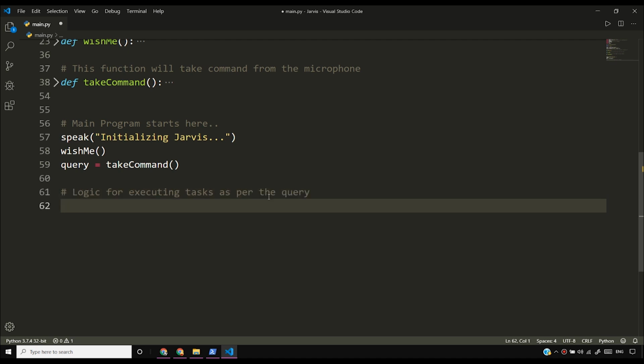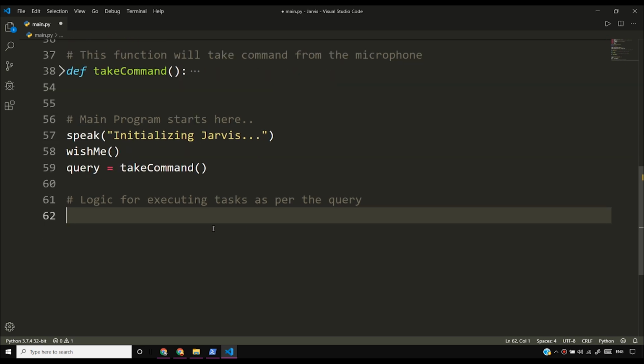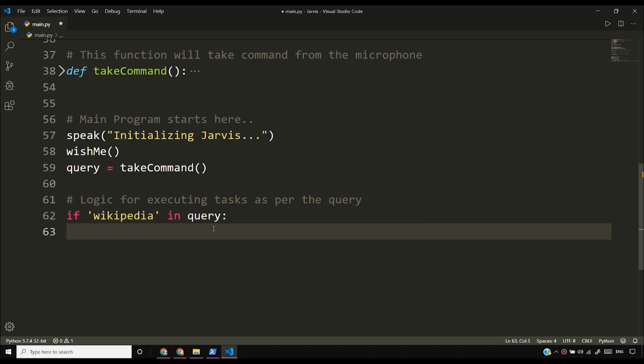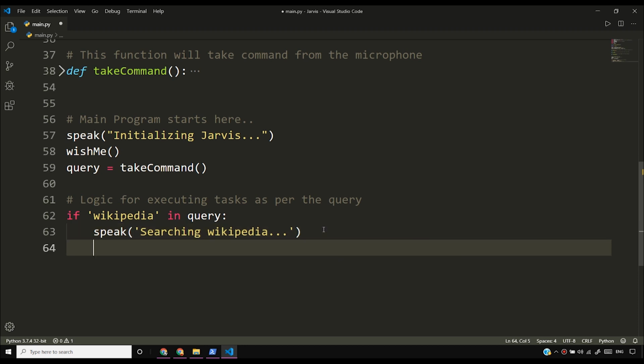So I'll be coding the logic here, and the logic is: if you have Wikipedia in query, which means you have said something about Wikipedia, I'll say speak searching Wikipedia. So if you say who is Tom Cruise according to Wikipedia, I want it to say okay, wait, we are searching Wikipedia for Tom Cruise. So that's what I want here. So I'll say okay, speak searching Wikipedia, and query is equal to